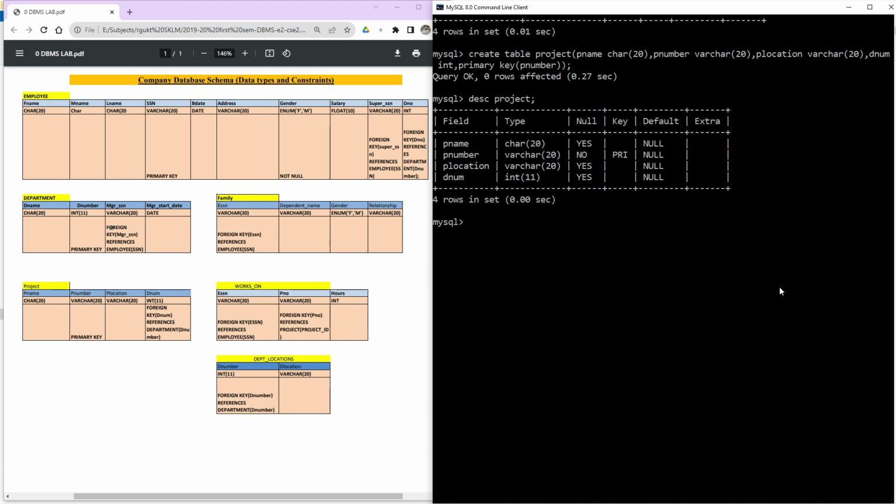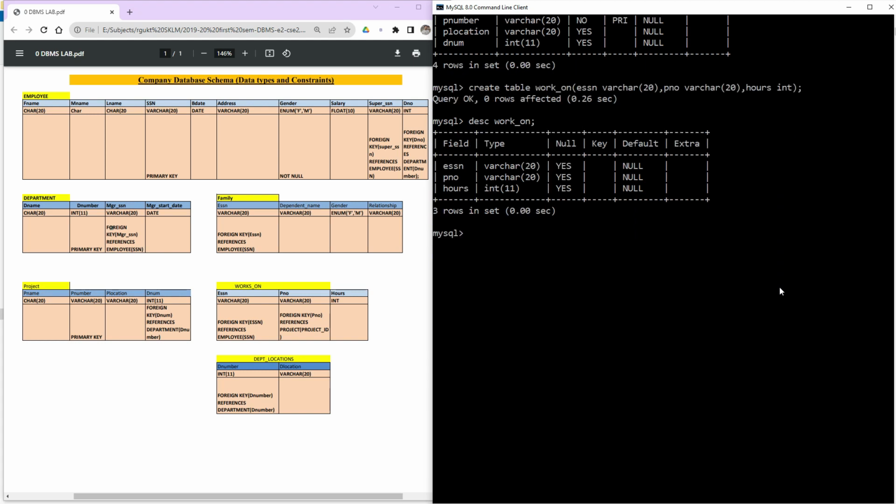Now let's try to create the next table, works on. Create table works on, where the columns are ESSN, which is of type varchar of 20, and which is a foreign key that we will do later, project number, which is also type varchar of 20, and the number of hours they are working, which is of type integer, right? Yes. If we describe works on, we are going to get all the things. Okay. Similarly, the last table, create